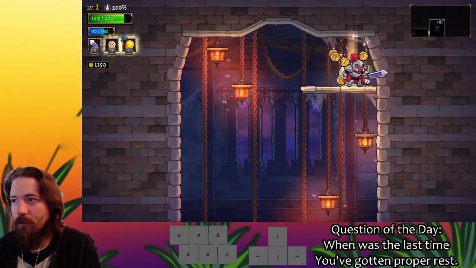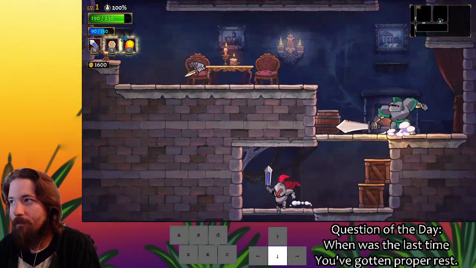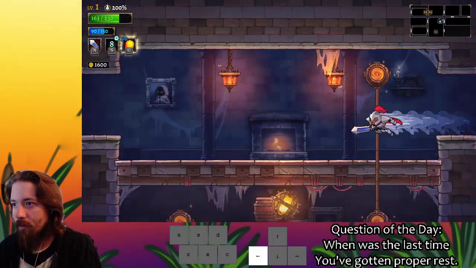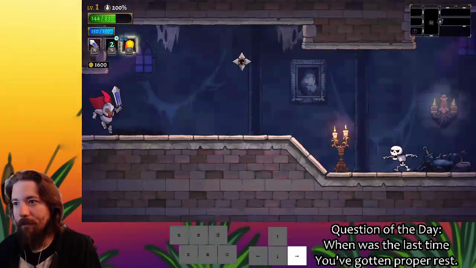Silver chest, anything good? Money, that's actually really good because the more I think about it, the more I realize I have the equipment I want. Alright, well, use it as a damage boost. Doesn't really matter. As long as I don't die, it doesn't really matter how much damage I take right now